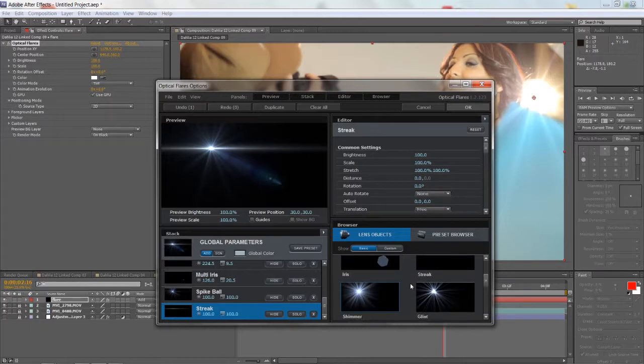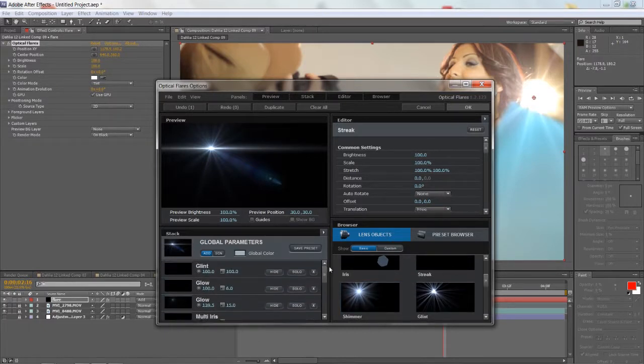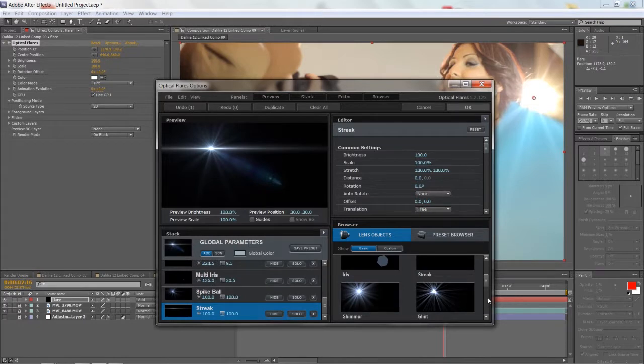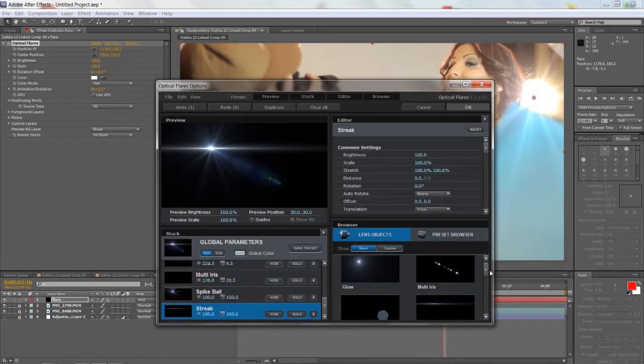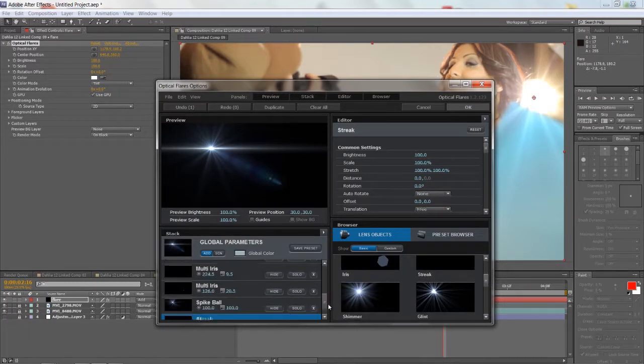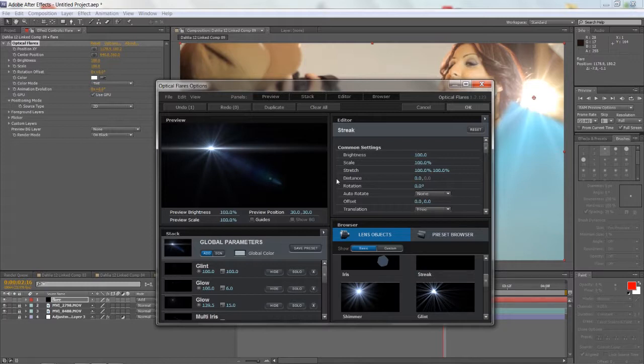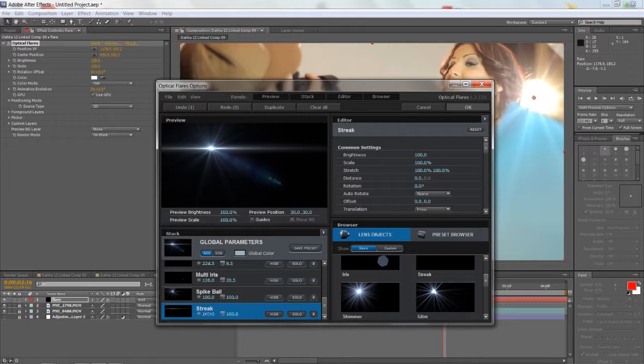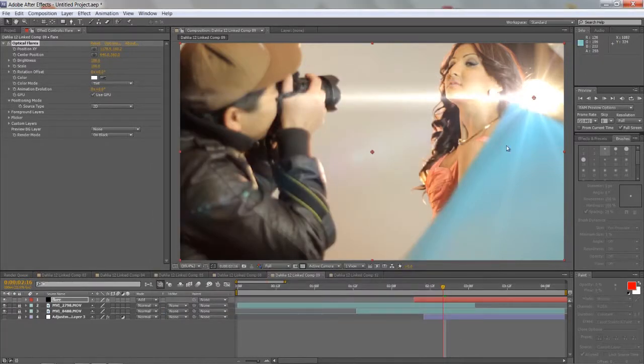And Video Copilot has a lot of cool presets and things like that on his website, so you can really play around with it, and little effects that you can add. But I'm not going to spend too much time on it. You can just go to videocopilot.net and learn all there is to learn about using Optical Flares. But this is the kind of stuff we're looking to do. So maybe I'll take that streak here and make it a bit more intense. That, and just click OK, and what we're going to do basically is just go